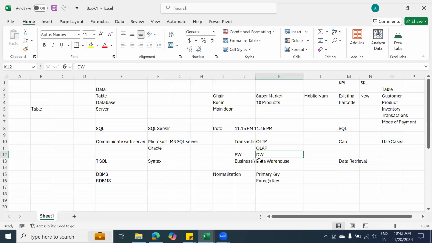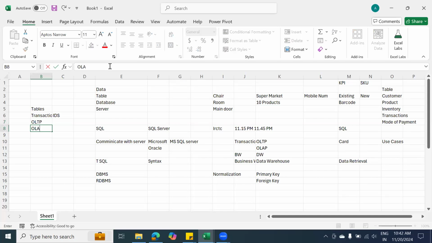Now let me connect the dots here, guys. Basically, we store a lot of information in different tables. Using these tables, we conduct a lot of transactions. But when you want to conduct the transactions, we use IDs instead of the text. So if you want to prepare a report using these IDs, we can't understand anything. That is the reason we are dividing it into two types of tables or two types of data warehouses. One is called OLTP, which is used for transaction purpose. And we have one more called OLAP, which is used for reporting.